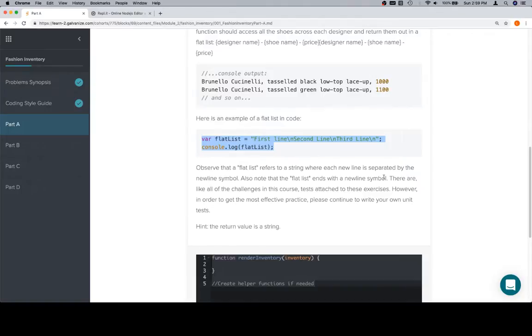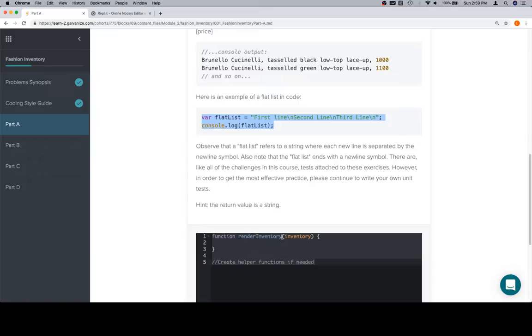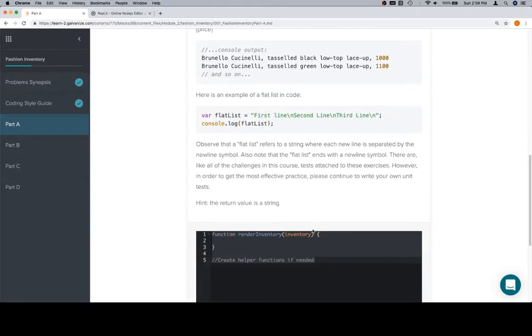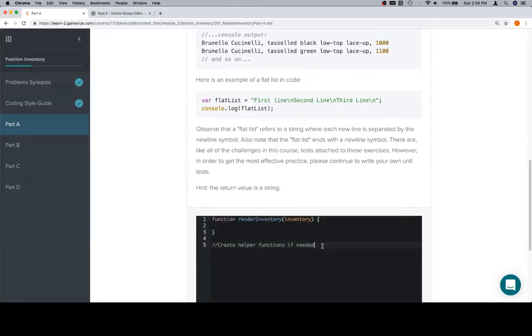There are tests attached to this, so you can run this with just the render inventory function, but again, for a lot of these problems, we're getting used to the idea of testing, getting ourselves familiar with assertion functions, creating a test suite with code in the same place, and then running everything and making sure that it works. So let's go ahead and do what we've been doing. We're going to grab all of this,